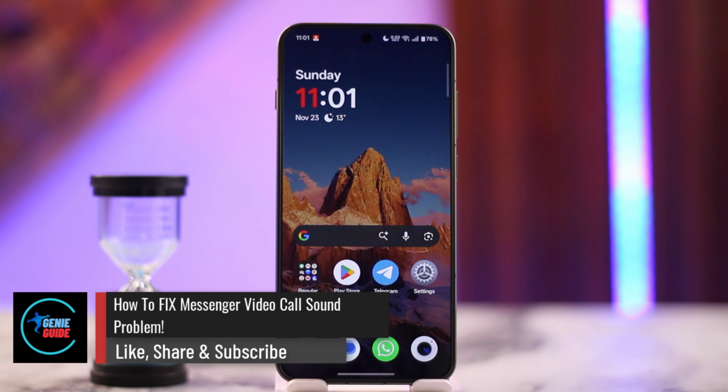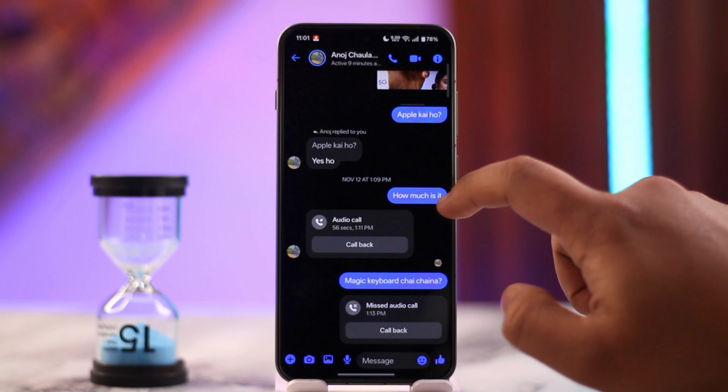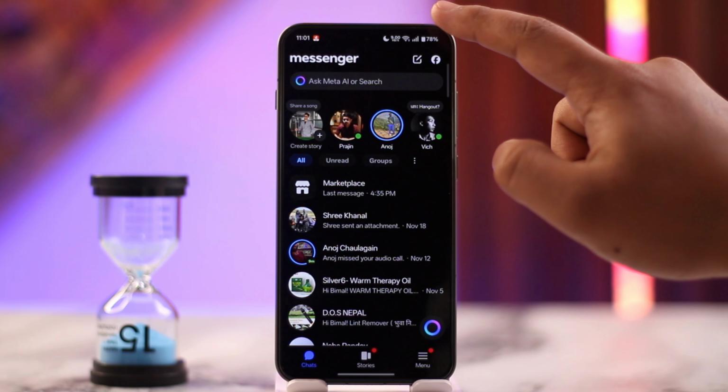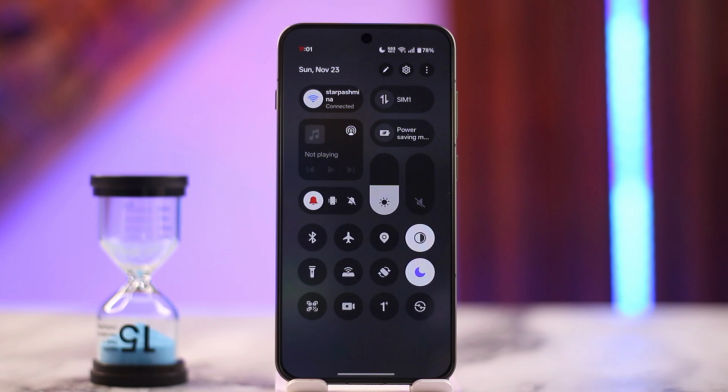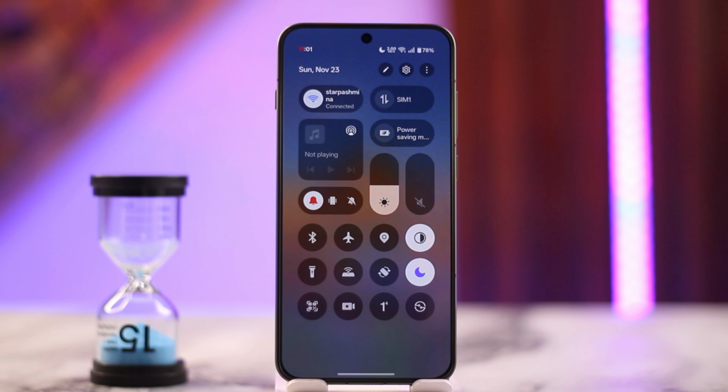How to fix Messenger video call sound problem. If you're facing issues during a video call on Messenger, then there could be various reasons for this. The first thing you want to check is your internet or Wi-Fi, and make sure you're connected to a very strong internet connection, because if you have poor connectivity, as a result, you'll not be able to have a